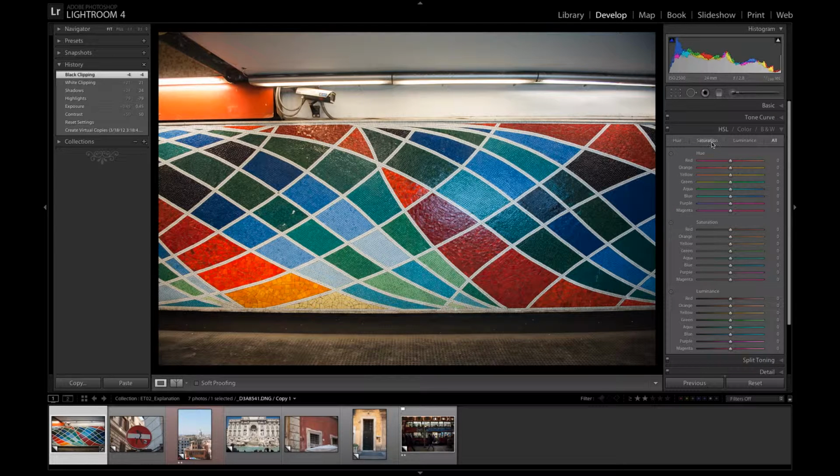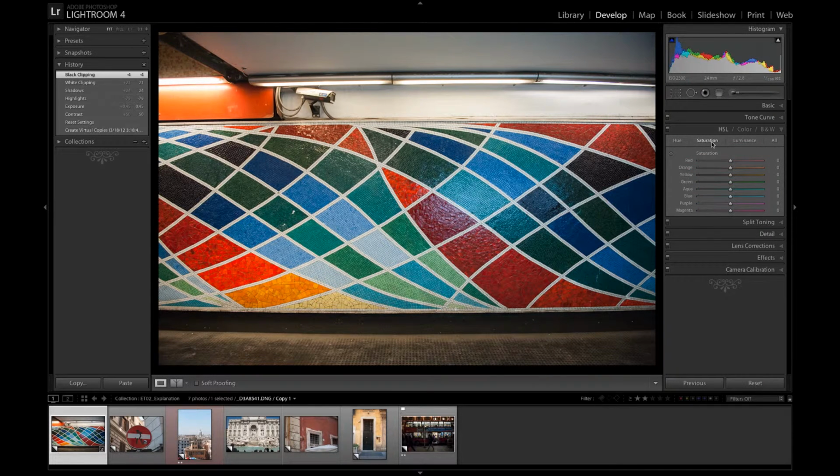I personally would click on one at a time, because otherwise you will be on the wrong setting and not realize it until you've already applied it, and you're going to get confused. So I would just target the one that we want and then click on the next one, and so on and so forth. Okay, so in the HSL panel, let's start out with the saturation